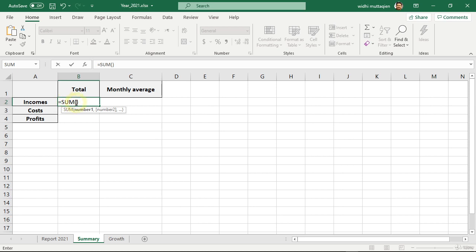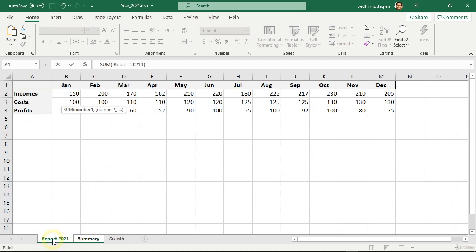Now, at this condition, while the cell reference is still selected like this, to reference cells in another worksheet, just click on the worksheet name below. Then click or click drag to create the cell reference. We can see above, the cell reference code has been created for us using the external format.